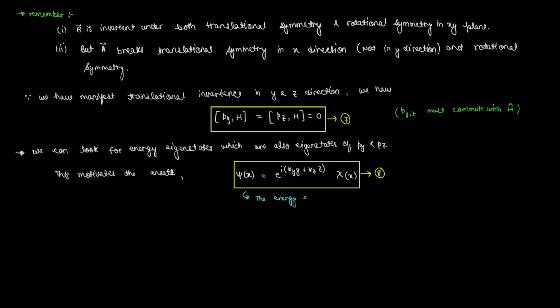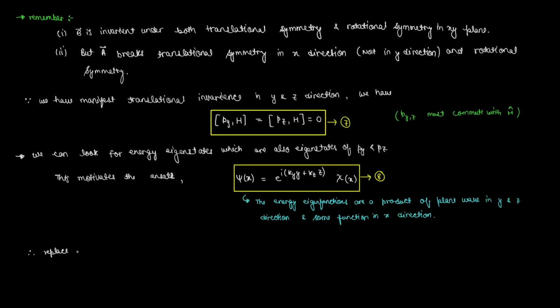This suggests that the energy eigenfunctions are a product of plane waves in y and z directions and some function in x direction. So therefore we can replace operators Py and Pz with their eigenvalues h cut ky and h cut kz,